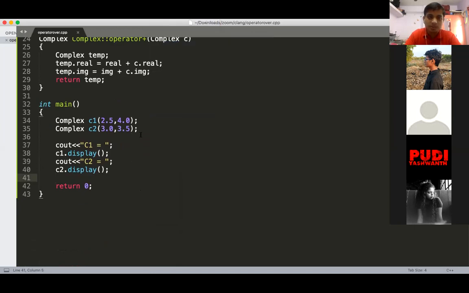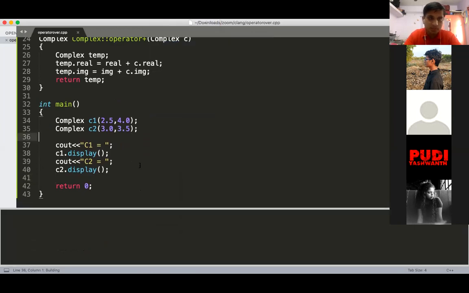So build system C++, and then I'm running the program. Your output should be 2.5 plus 4j, and then 3 plus 3.5j. So c1 and c2 are successfully stored.